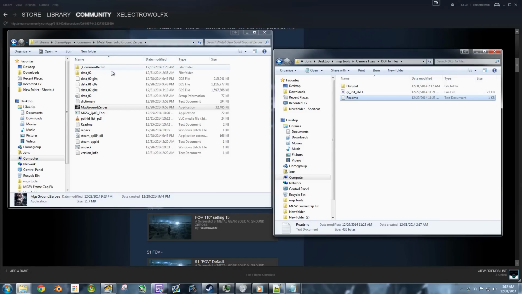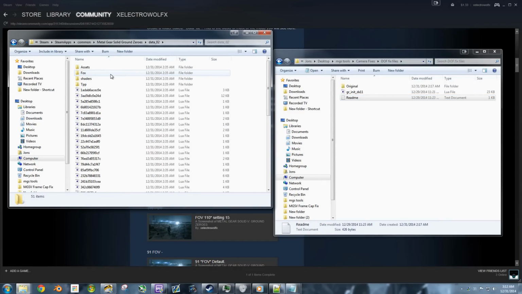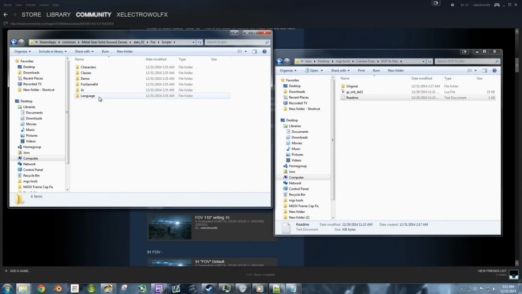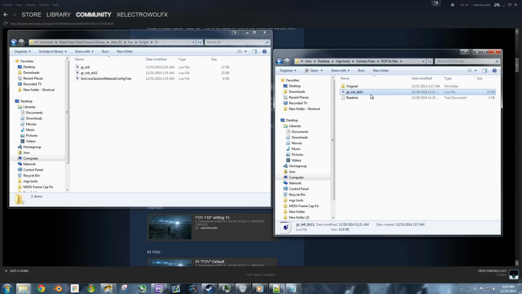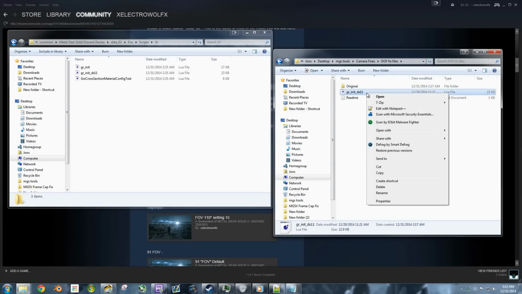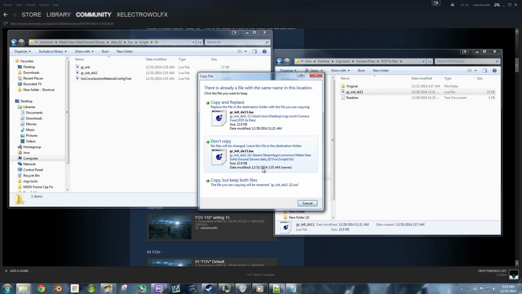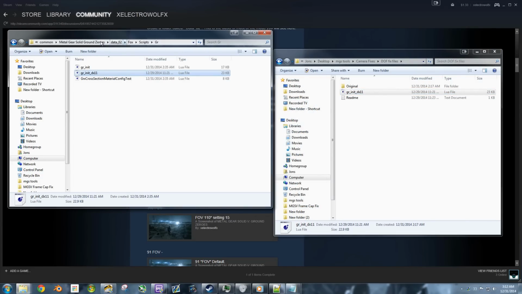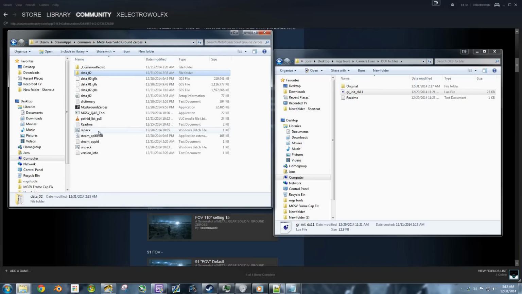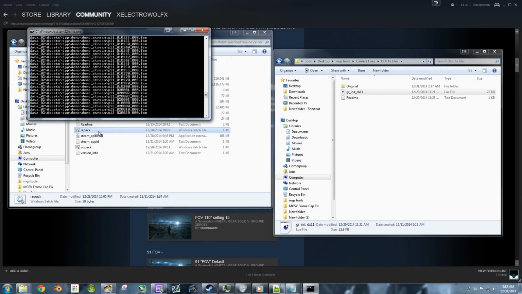So let's see if we can get there. Data_2 Fox scripts GR. Right there, look at that. Easy as cake. So this is the file with the modded depth of field fix. All you have to do is copy, paste it over, copy and replace, go back, double click on repack.bat,